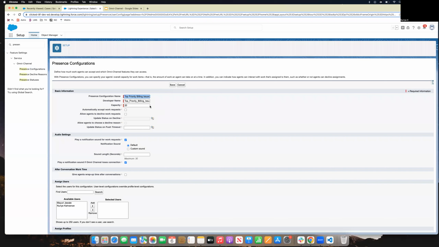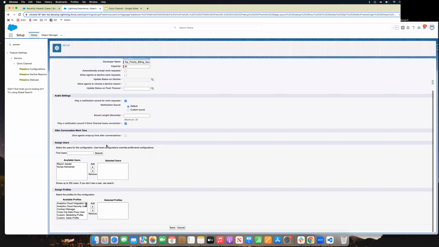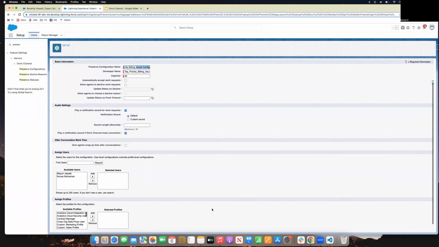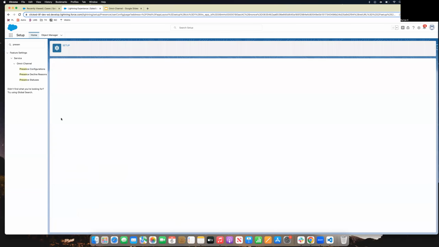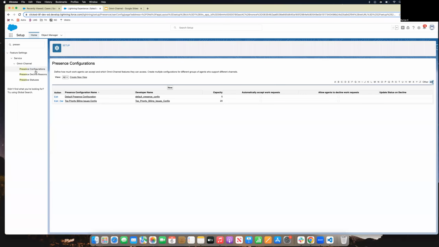Okay, so top priority billing issue configuration. Again, similar names. Capacity is basically the maximum amount of work that an agent can handle at a time. Again, these are just configurations, self-explanatory, and save. So we've set up a presence configuration. And then the next thing